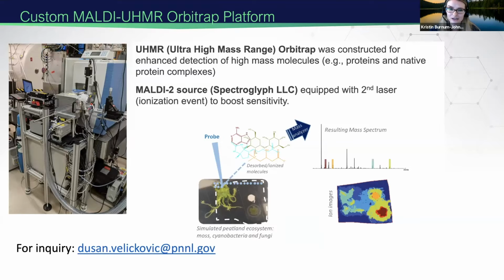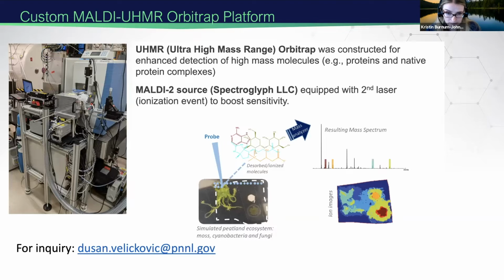So MALDI mass spectrometry analyses are performed directly on the sample. MALDI is an ionization technique. It uses a laser-energy-absorbing matrix to create ions from large molecules with minimal fragmentation. The sample is placed on a charged plate, either metal or coated glass, and coated with matrix. A pulse laser irradiates the sample, triggering ablation and then desorption of the molecules, which are then detected and quantified